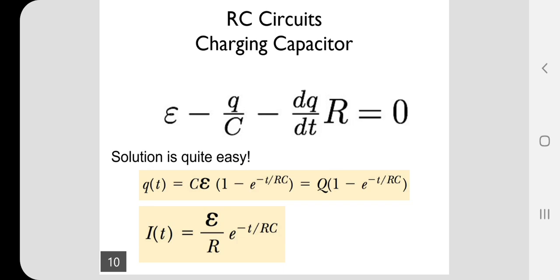Therefore here, dividing R on both sides, you will get V by R minus q by CR minus dq by dt, which is equal to 0. Again, V by R is nothing but I, generally. So you may take only q here. By solving the complementary function, or the auxiliary equation, we get it like this, and finally you find the value of I of t.